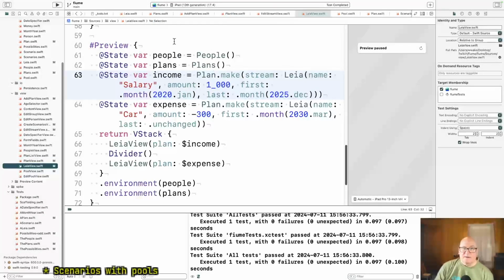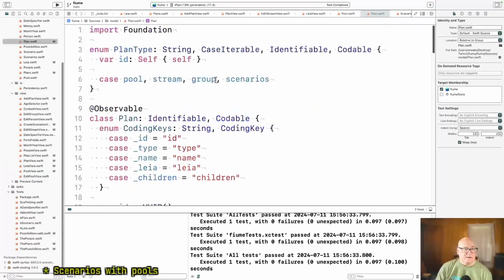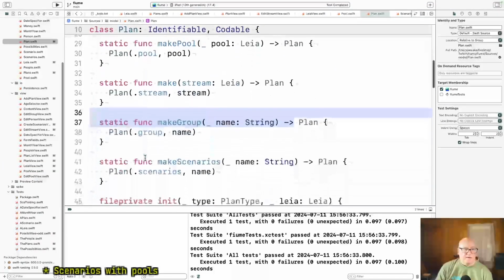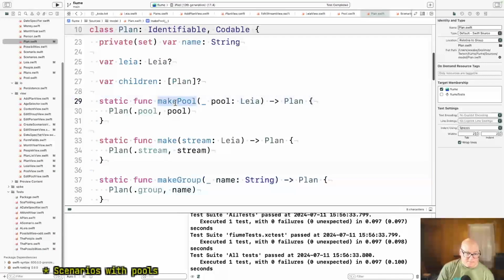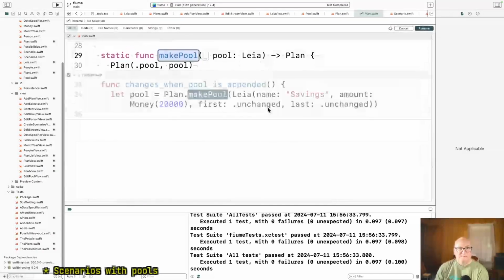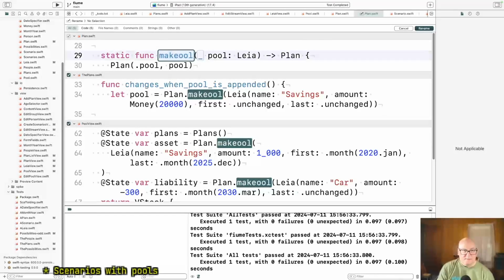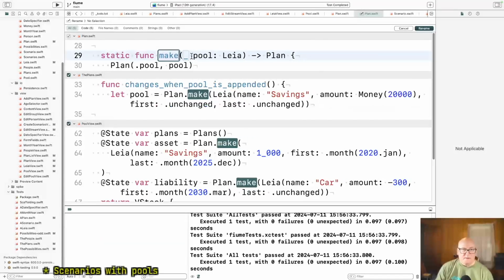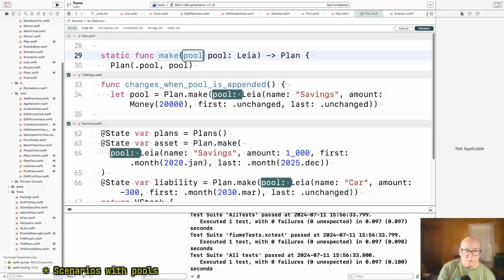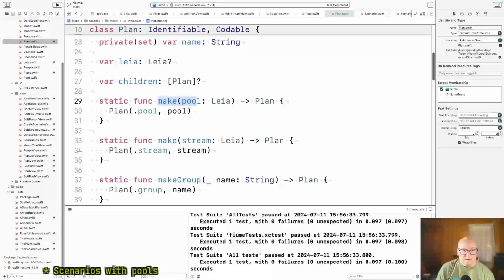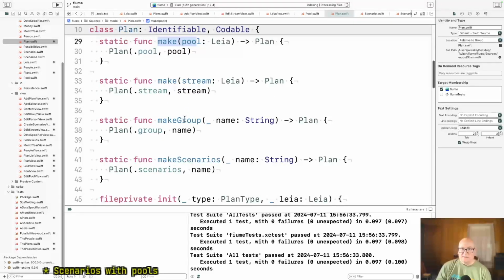Oh, he's done? Okay, back to plan. Make pool. And then I guess I can, oh, golly. Those two are used very little. And